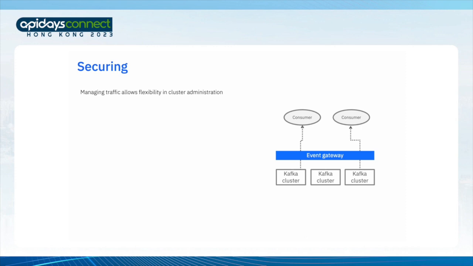The developers writing these innovative new event-driven applications shouldn't need to worry about, they shouldn't need to care about the details of your event infrastructure. But again, to make this possible requires an event gateway that does more than just naively proxy connections. To explain why, I'm going to give you another example, and again I'm going to use Apache Kafka for this, but you could make similar points about any kind of messaging or event platform.